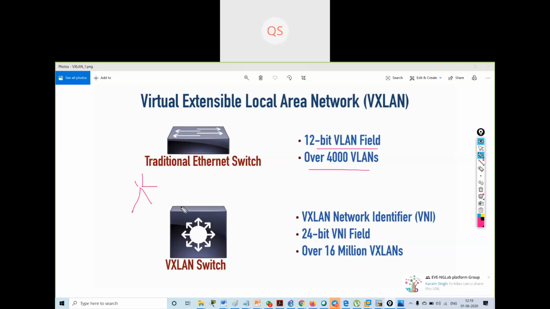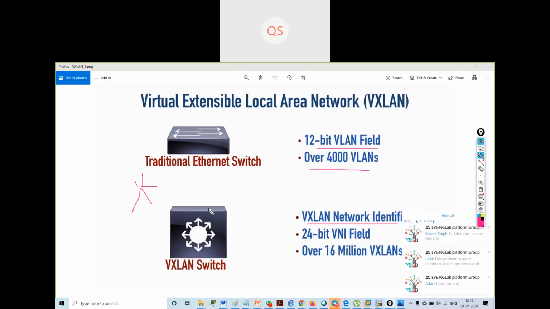Now, what does VXLAN do? It lets us have over 16 billion different identifiers instead of 4000. The way VXLAN can do that is by encapsulating our layer 2 or even layer 3 traffic and adding a VXLAN network identifier on it.